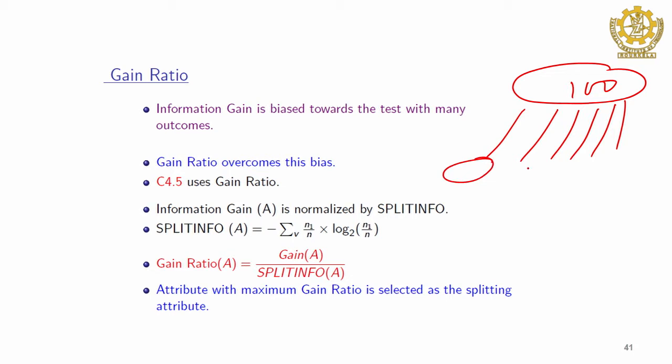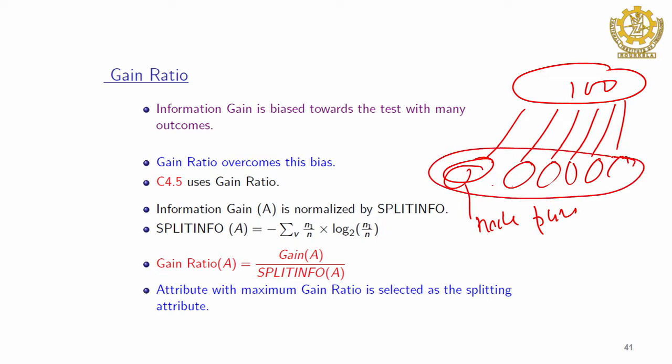And ideally each of these nodes is pure, because there will be only one item, and then what will be the value of the entropy? Entropy will be 0. So, now if you sum all these zeros with a weighted sum, what will be the total entropy here? That also will be 0, and then what is the gain? Gain will be 1 minus 0. So, gain will be the maximum.